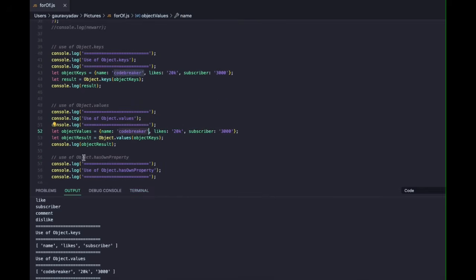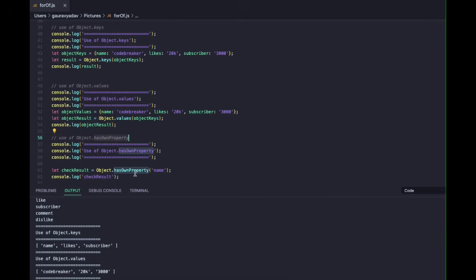Now what does object dot hasOwnProperty do? hasOwnProperty checks whether your object is present, whether your object has the name keyword. So suppose you have something like